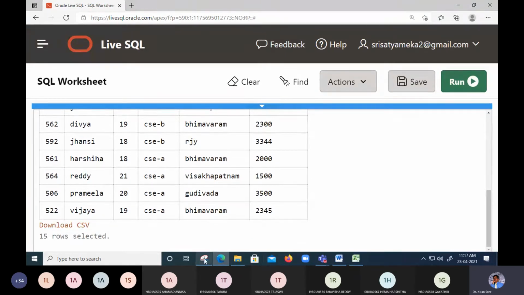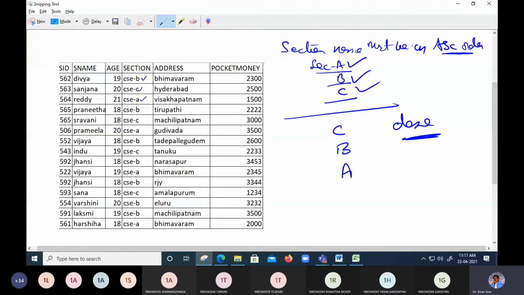Okay. So in the database, how is it stored? It is stored with B section, C section, A section, again B section, again A, B. In this way, totally it is unordered. If I want order by, the default is going to be ascending order. But if I want to put it in reverse, then I have to use a keyword called descending order. Then only we can use the order by command. So as of now, we talked about two commands. One we call the where clause command, next we call the order by command.